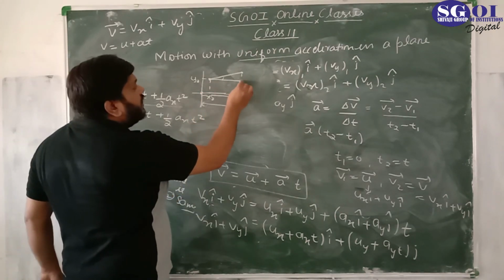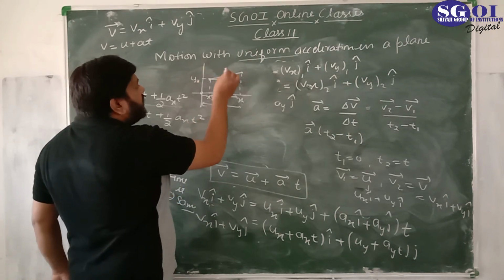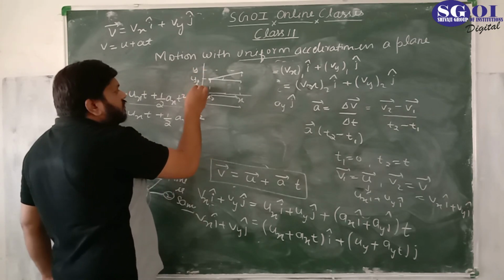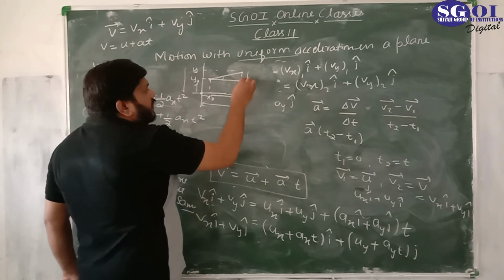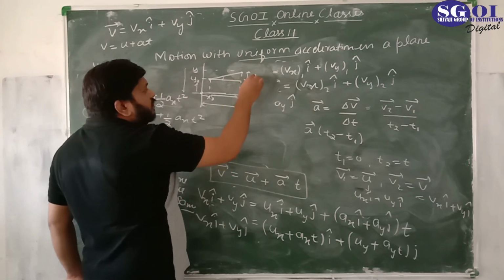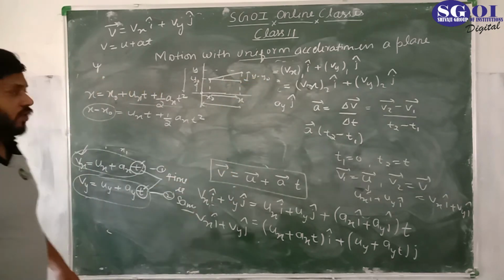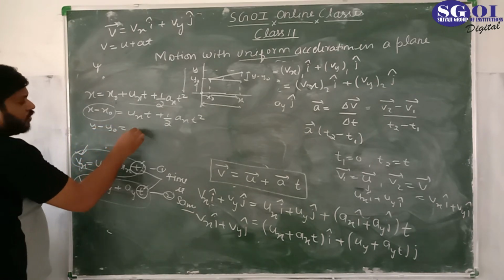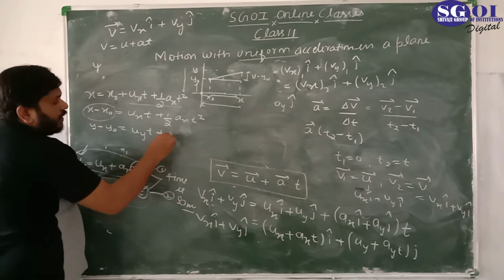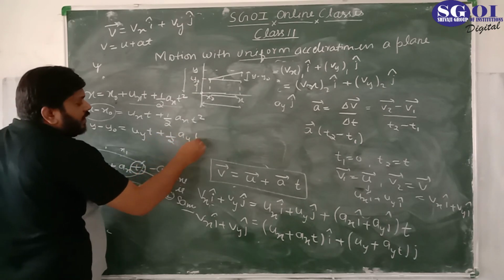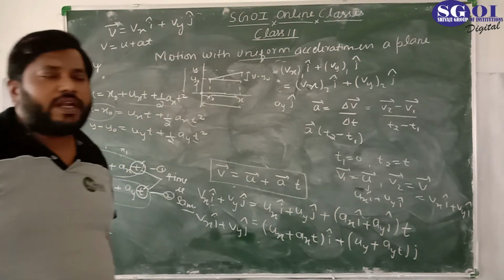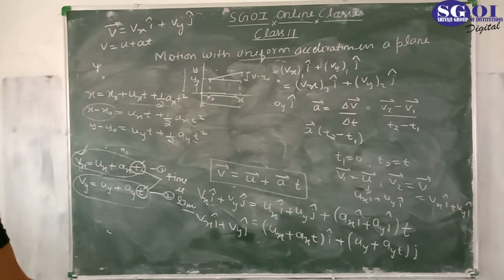And in the y-axis, if this is y naught and this is y, then y naught is this one and y is this one, and the distance covered in the time interval is y minus y naught. So in the same way we can say y minus y naught equals u_y t plus 1/2 a_y t squared. Everything else will be different, but the time will be the same.